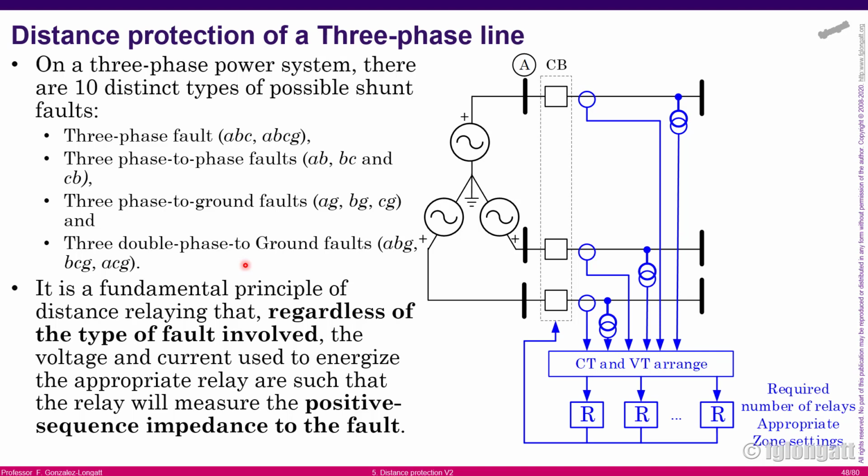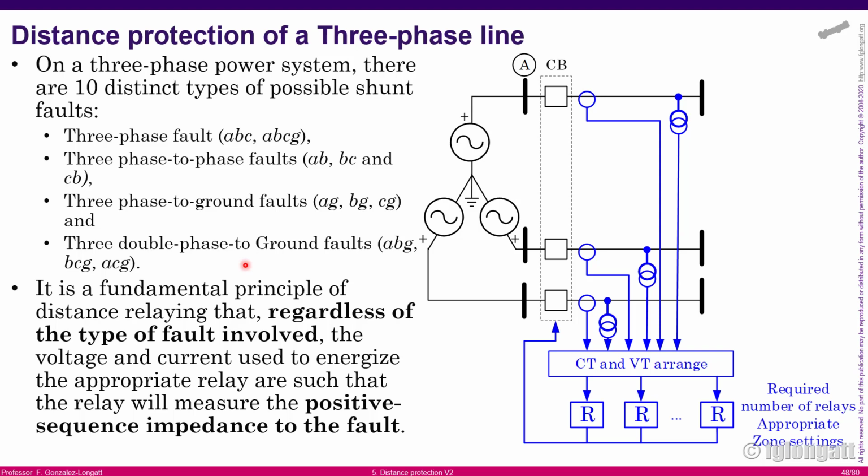And what we want is to install relays, distance relays, at the transmission line, that must be able to identify those faults and also produce a signal that opens the circuit breaker and isolates the fault,